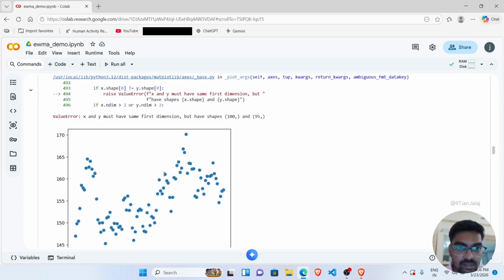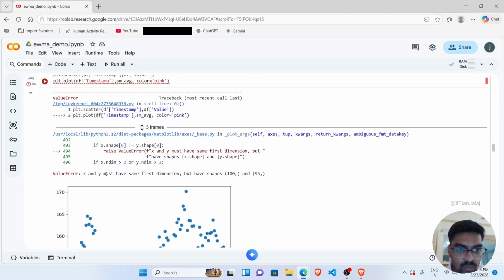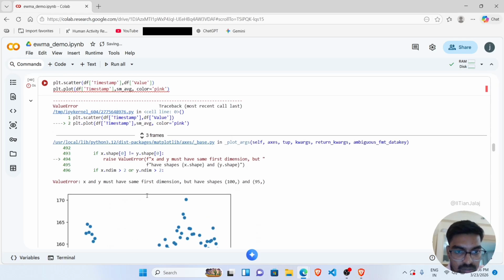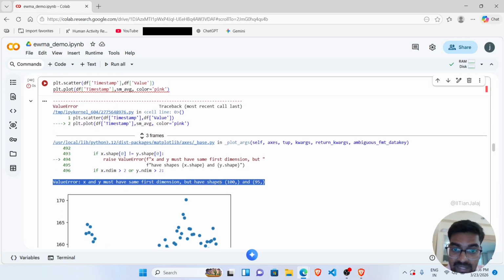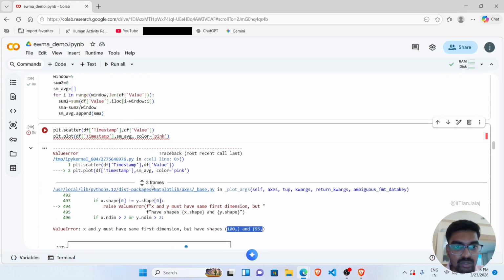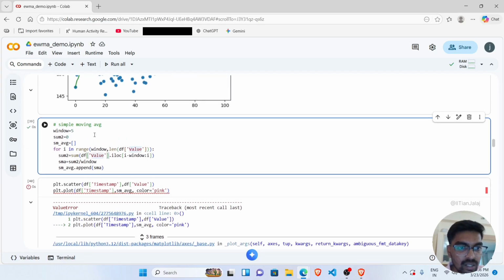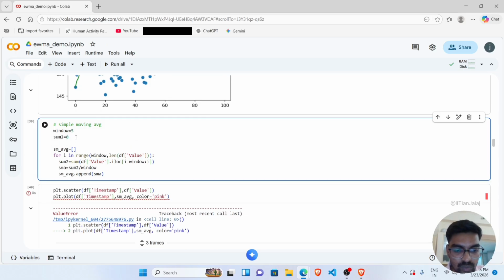I am getting a dimension error: X and Y must have the same dimensions. So there is a dimension mismatch. It is missing 5 points, you can see. Since we have decided a window size of 5, it is missing the first 5 starting points. So what we have to do, I have to decide